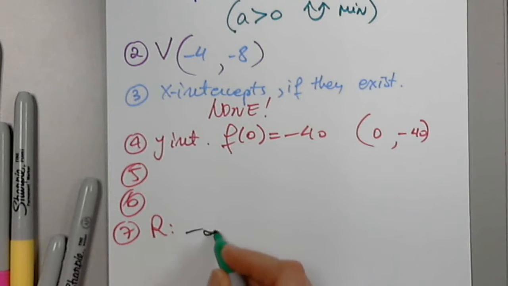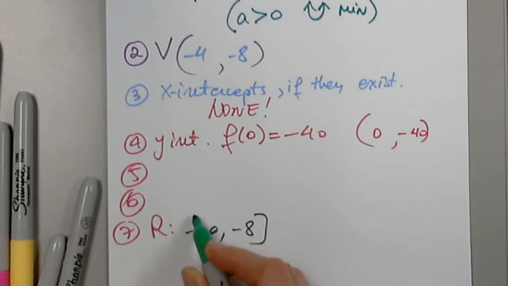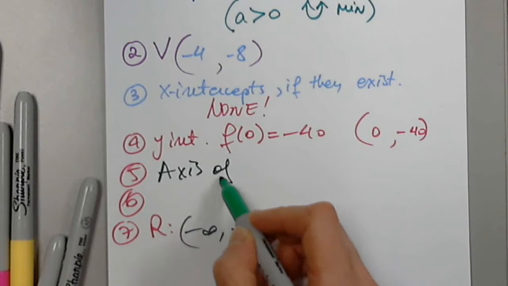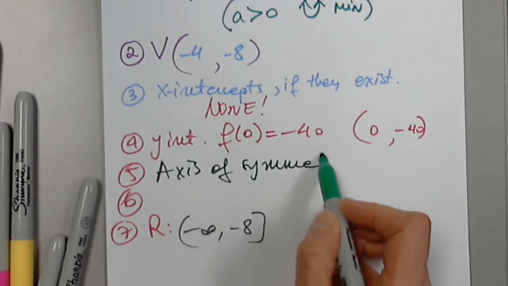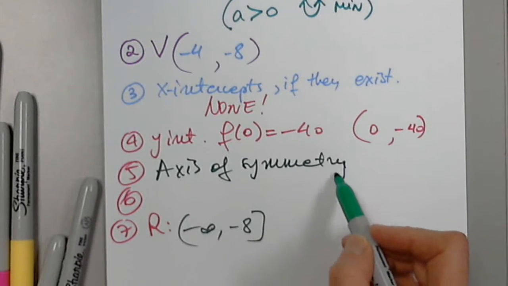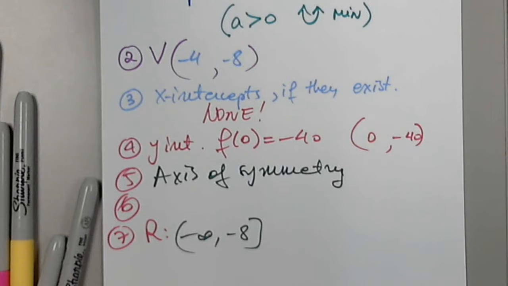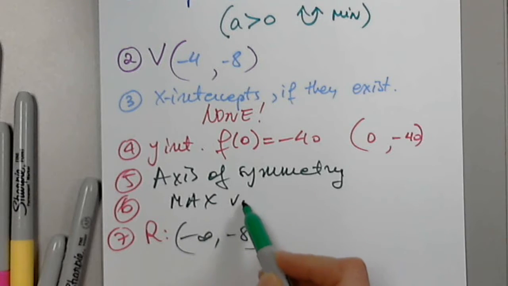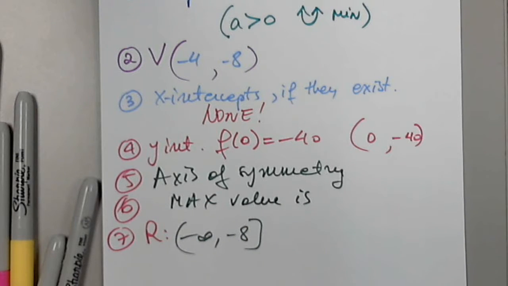Negative 30. Very good. Awesome. 5 is the axis of symmetry. And one more time, does this function have a max or a min? Max. So I'll say max value of this function is,